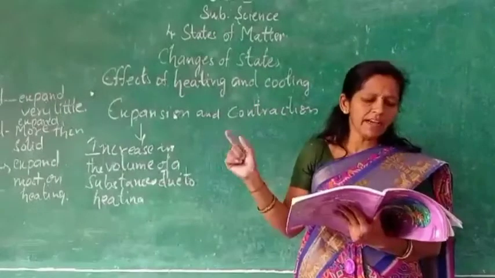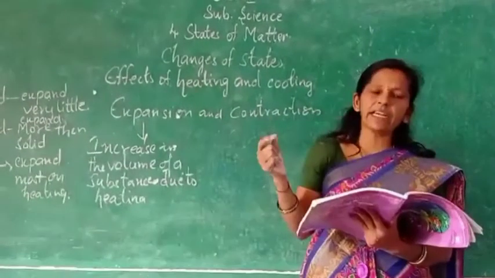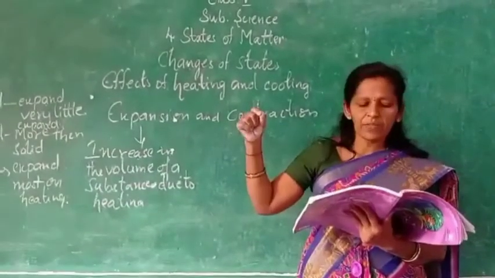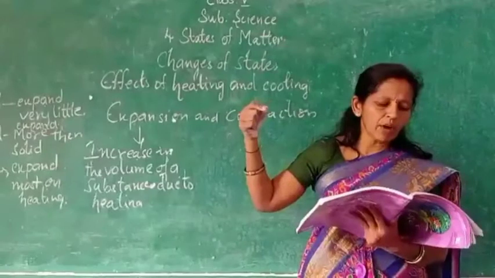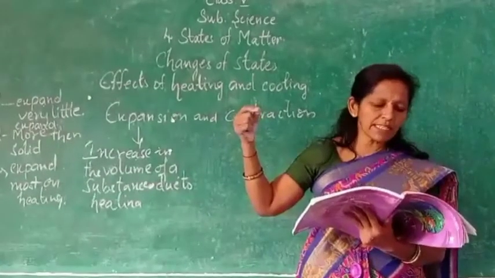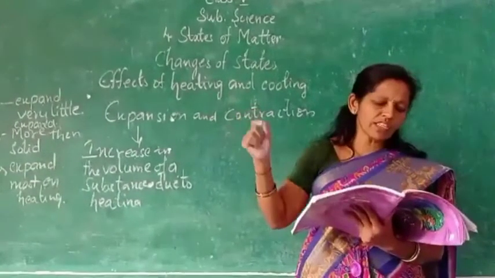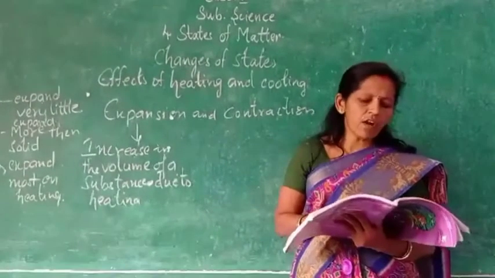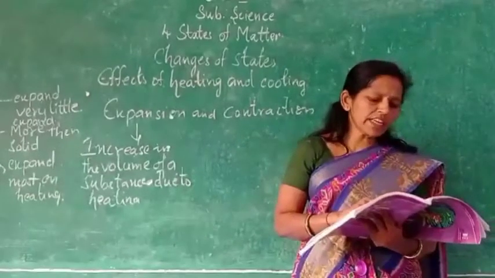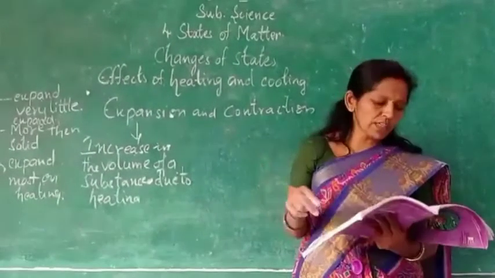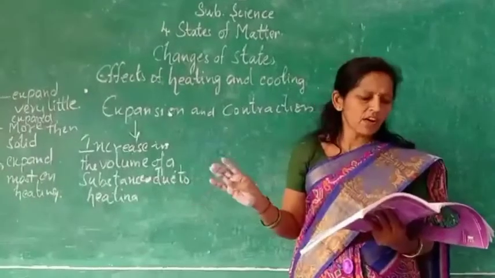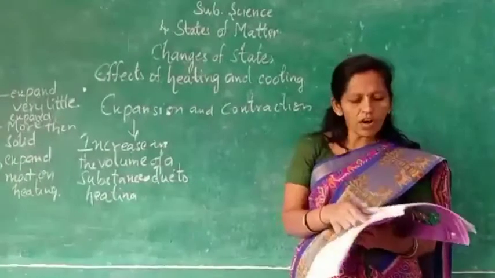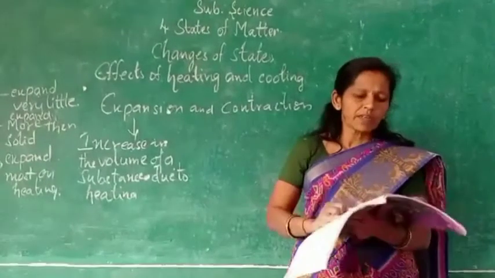On the other hand, when things are cooled, the molecules vibrate less. When you touch something cold, what will happen? The molecules vibrate slowly and come close to each other. They need less space. Thus, things contract on cooling. Different things contract differently on equal amounts of cooling. Solids contract the least, liquids contract more than solids, and gases contract the most on cooling. Okay? Do you understand?